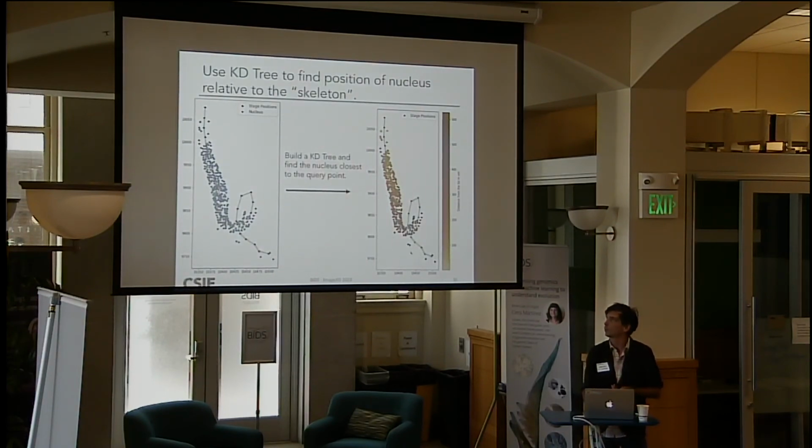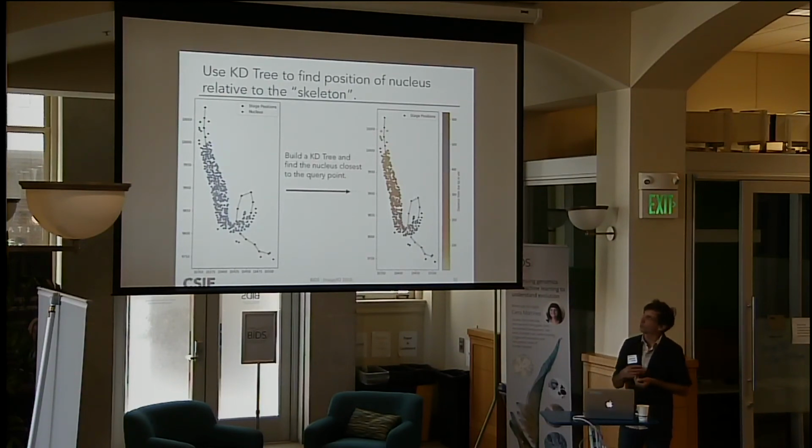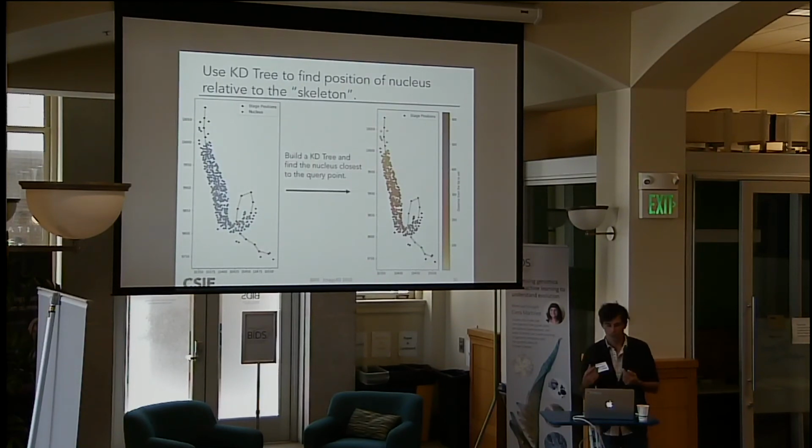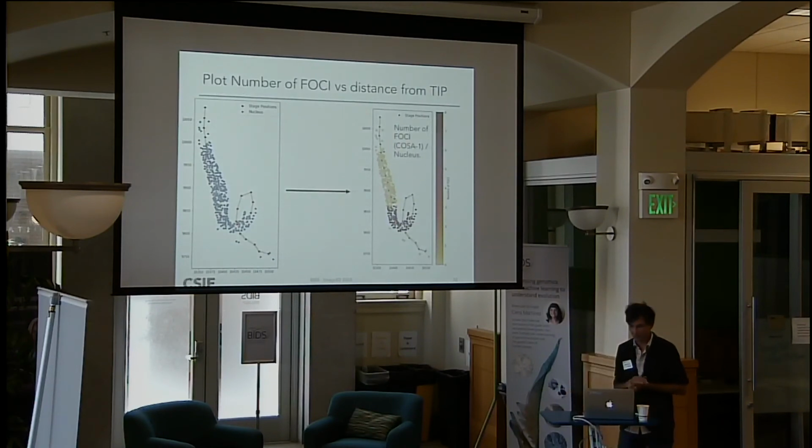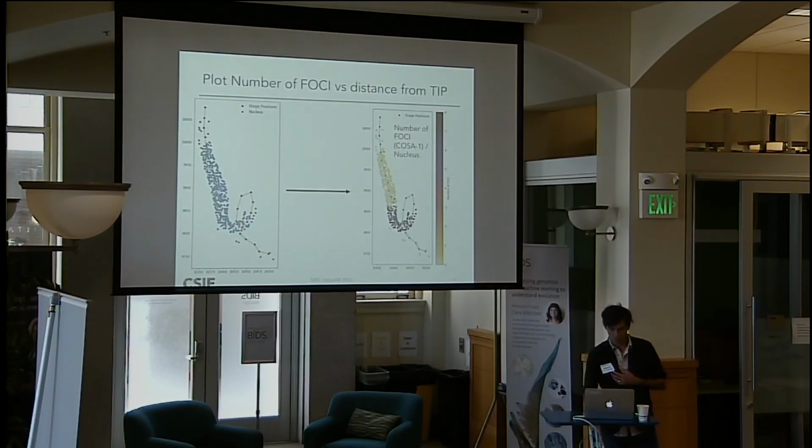plotting the distance from the tip. So for that, I convert the skeleton that I had generated using the stage position into a two-dimensional tree, and then I just query the nuclei that are closest to the query point. And finally, I can plot the number of foci versus the distance from the tip of the gonad, and I